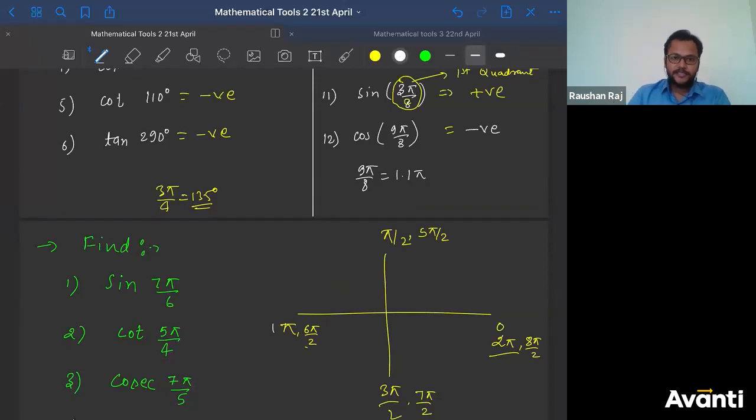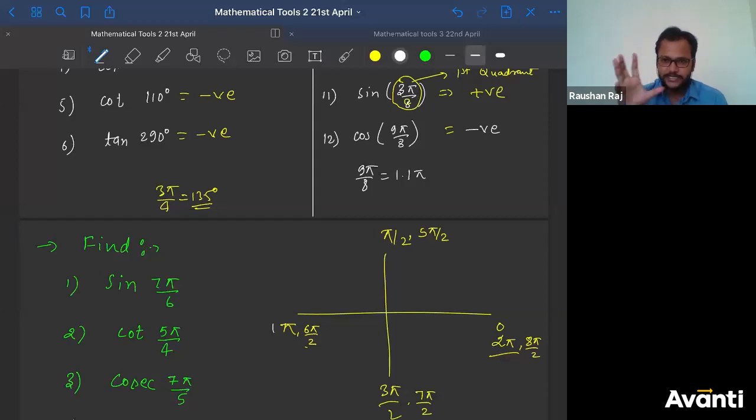Now Sahana has converted this into degrees. You can convert that, but you have to solve that. What did I do here? I have just found the ratio 9/8, and then I decided in which quadrant this will lie. So please try to do it the way I have done. Don't always convert that into degrees. Sometimes the values in degrees will be a bit difficult to calculate.